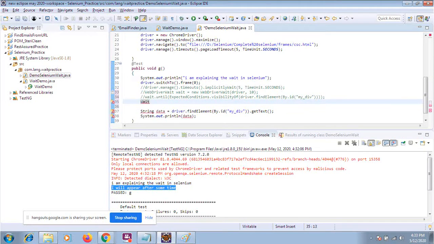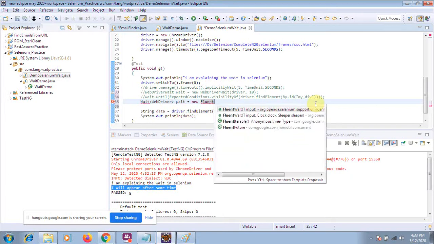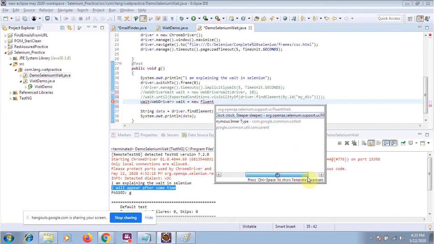Use the wait, and here you have to pass the WebDriver, and then there will be the wait, and here you will say new FluentWait. So I will right click, it should suggest me.